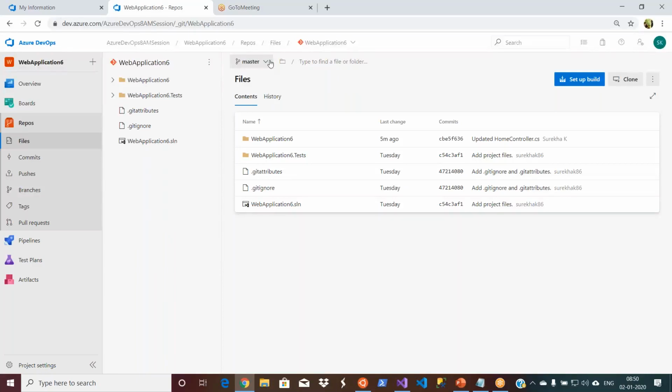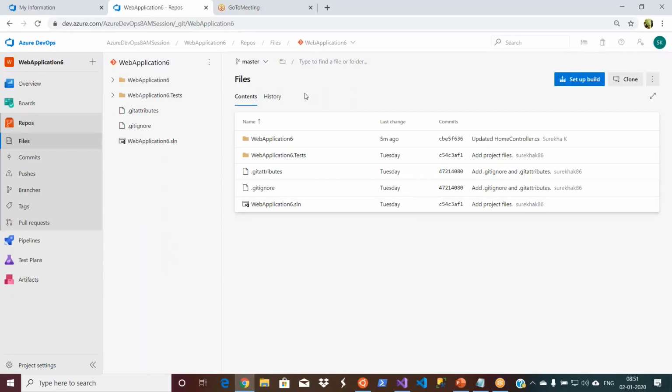So you always have to create some branches from the master, call it dev, and then give access to the respective people. So how do you create a branch? In Azure DevOps, if you are doing some activity, you can do that activity directly from the portal, and you can do the same activity from Visual Studio. If you are a .NET developer, you use Visual Studio. If you are a Java person, you use Eclipse, and there are many other IDEs as well. So in both places you can do similar activities. There is no difference. It's all about how comfortable you are.